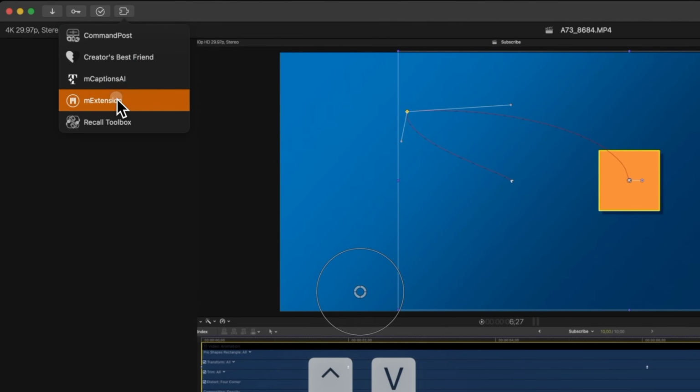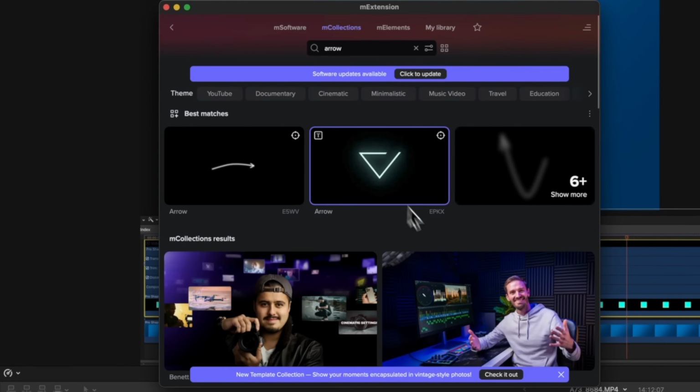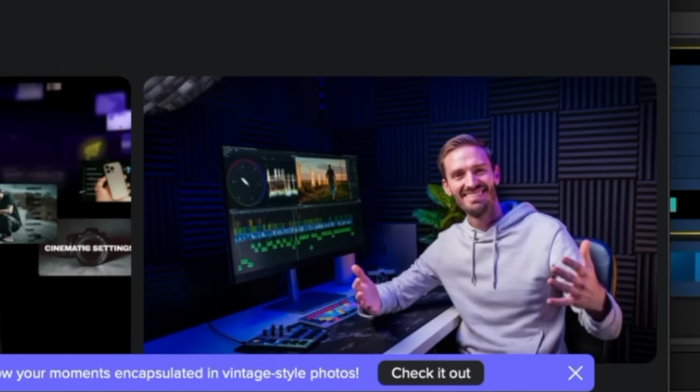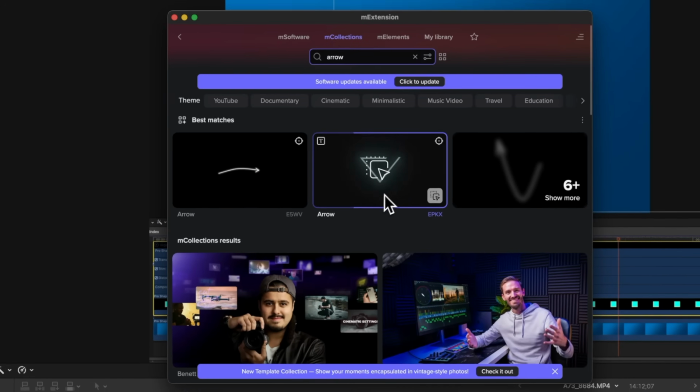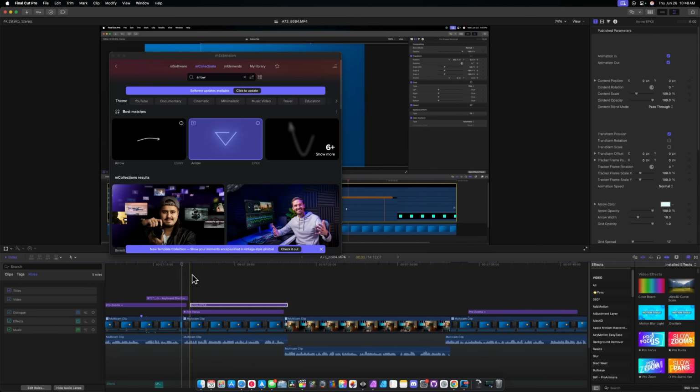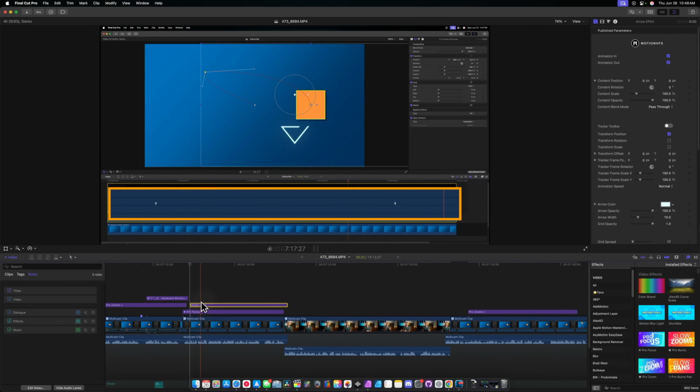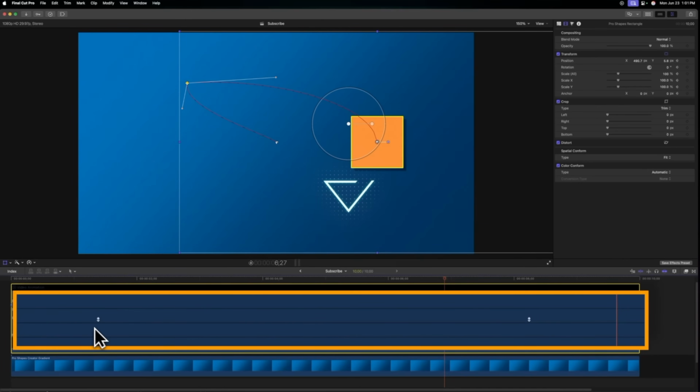We can get that up here using the extension tool, and we'll just go to M extension. And look, it's Brad West. What a legend. So I looked up this arrow tool, and I'm just going to drag that down onto my timeline, and we can close that out. And I want to draw attention to these different keyframes showing up here. So what we'll do is just drag this down, and that might be a bit large,